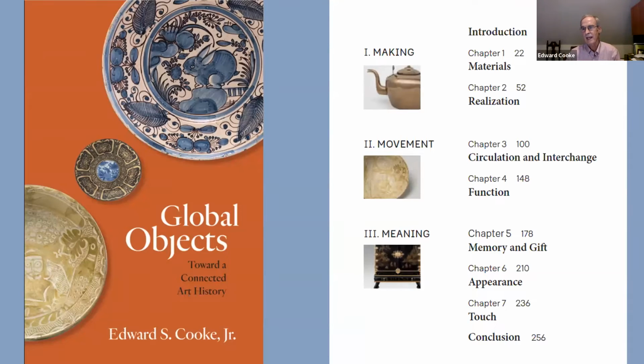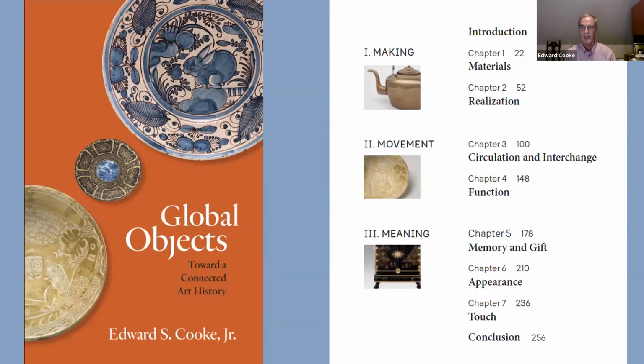And you'll see right from the table of contents that this is not, I mean, when I describe that I'm teaching this course, many people always ask, where do you begin? Meaning they're thinking chronologically, or how do you account for the wide geography? And what I try to say is that it's not encyclopedic, it's a suggestive way of thinking about objects broadly considered. And so where do you begin?